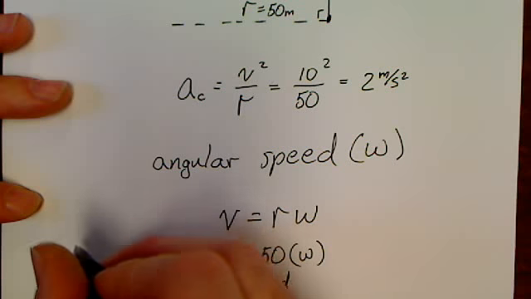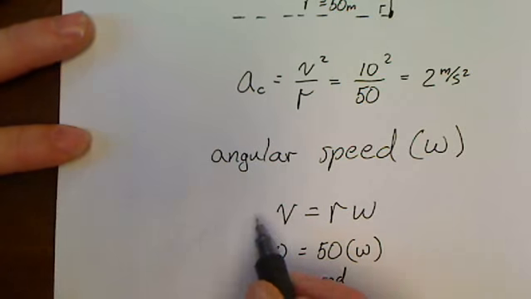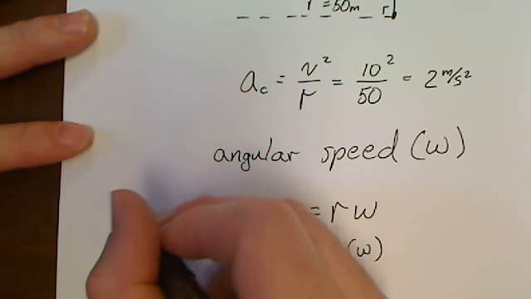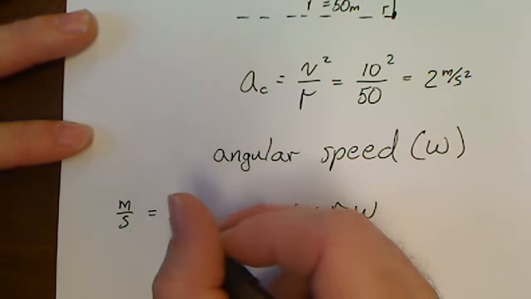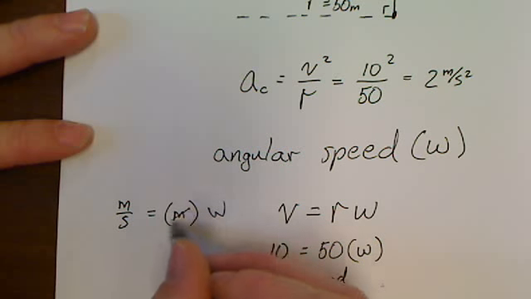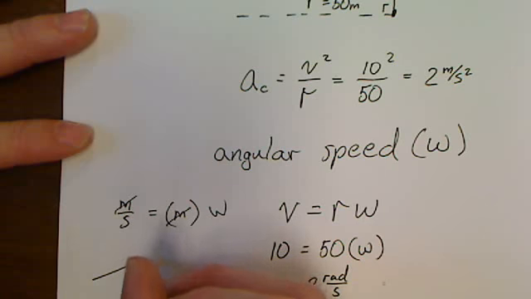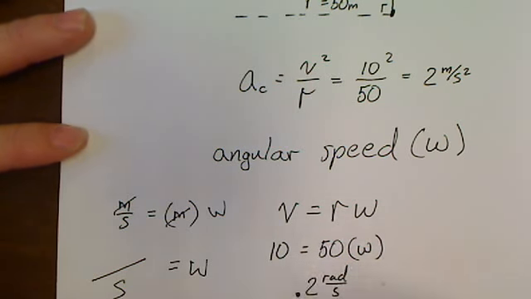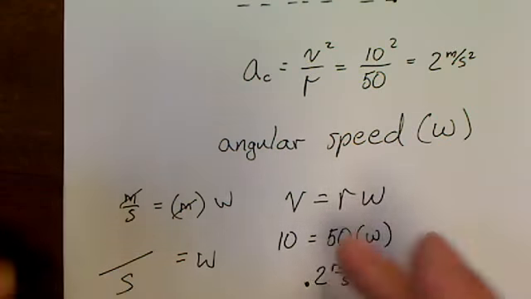Because what you've got is this. I'm going to do the units for this. I'm going to slide over here. Velocity is in meters per second equals, this would be a meter times W. When you divide, your meters cancel. So there's like nothing over second is W. And then just like magic,